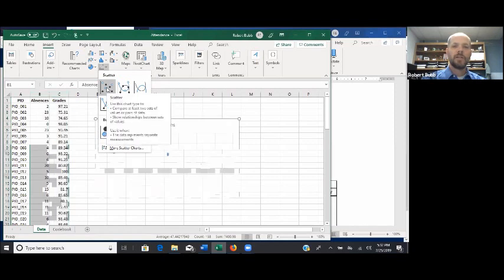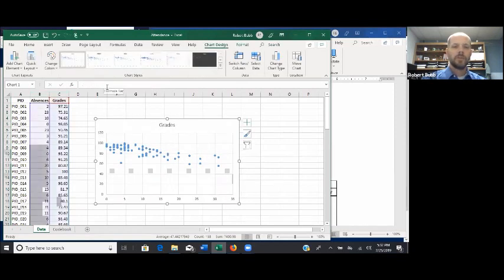That's going to be this one right here. And notice that it gives you a preview as well. And so there's our first scatter plot for grades and absences. Now you're going to notice here that there's a whole lot of what we call chart junk, things like lines in the background that we're going to want to get rid of. We don't have any labels on our axes. So we want to make sure that we put in labels as well to make our graph a little bit